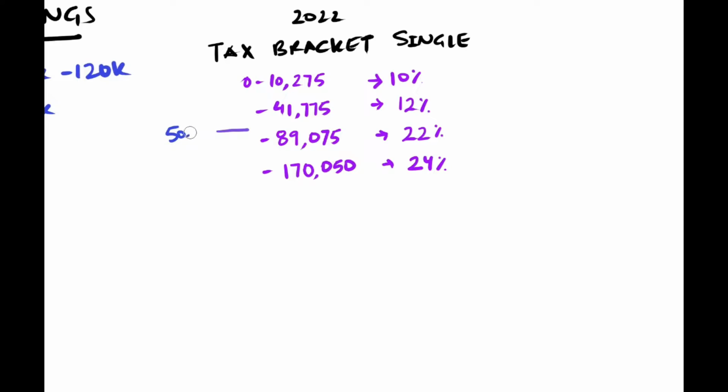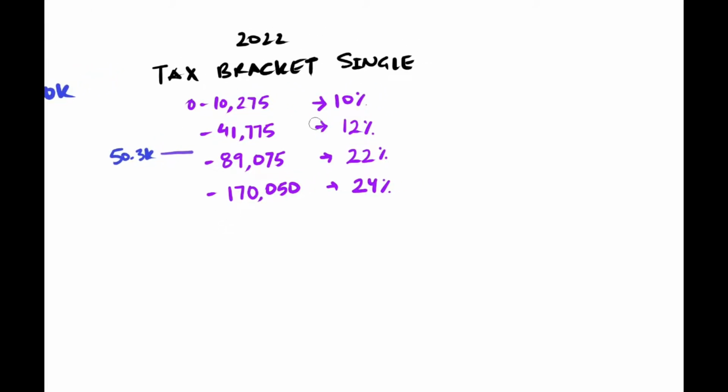50.3K. What this means is for about 0 to 10, you're paying 10%. So 10% of $10,275 would be about $1,027.50. For money from 10,276 to 41,775, the difference between that would be 31,499, and you're paying about 12% on that. So times 0.12, this would equal